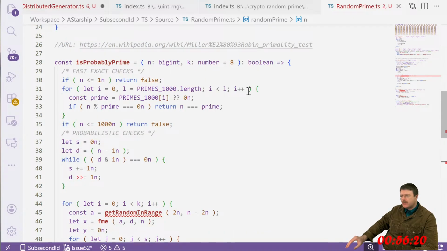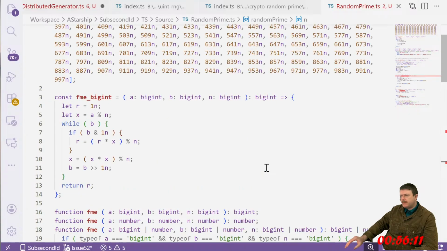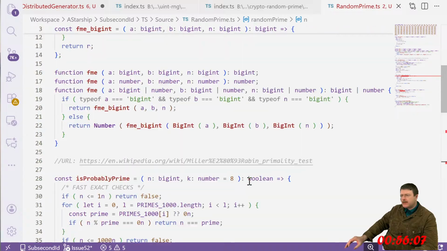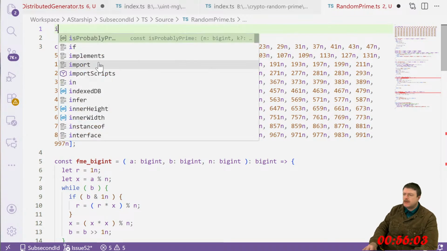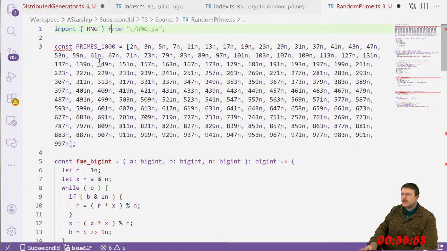Random array. Let's see, I can fix that real quick with the import RNG from